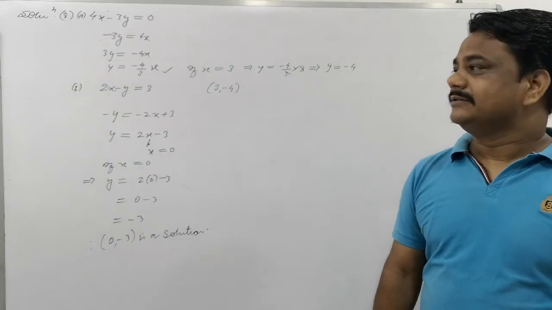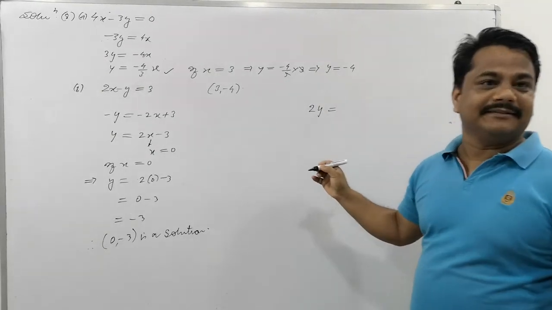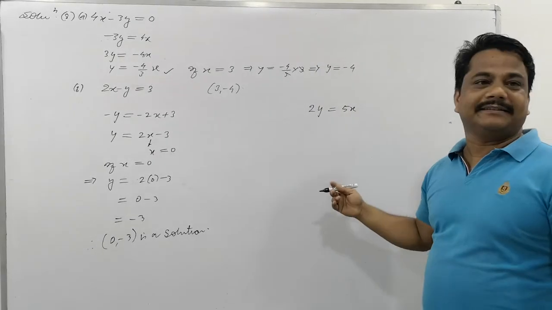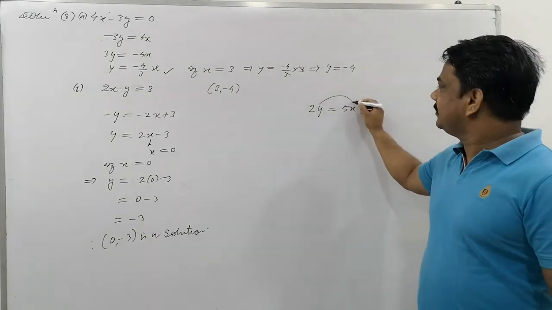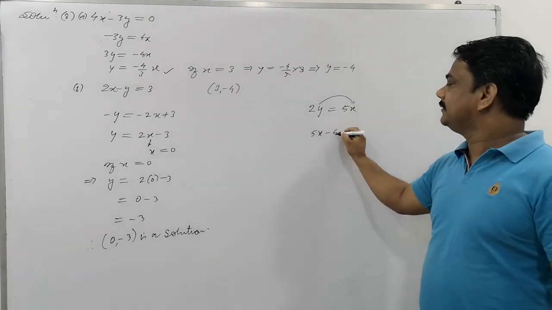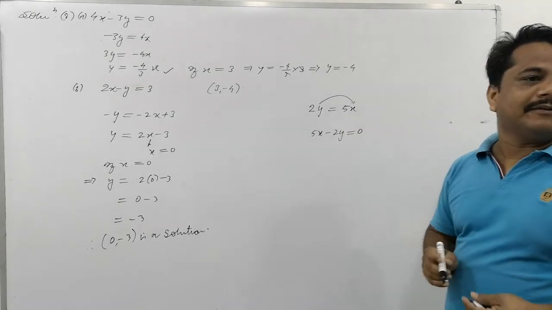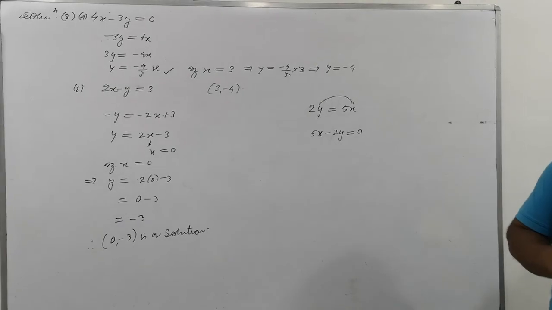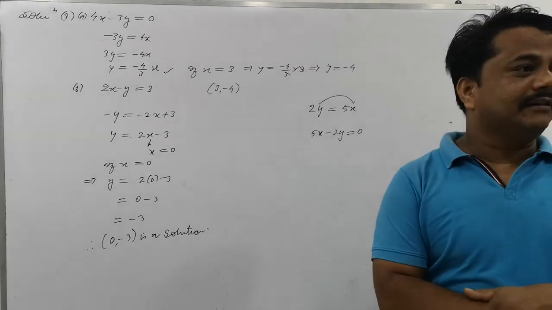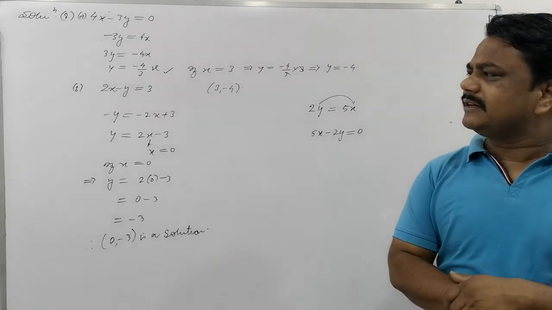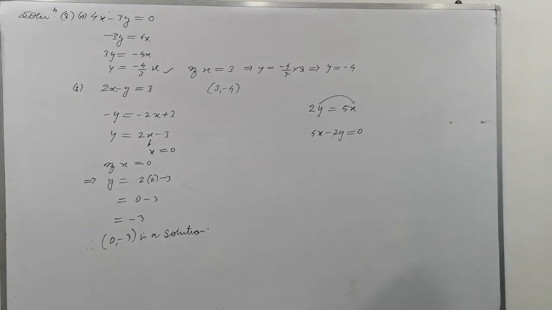Then what is the case? 2 pencils means 2y is equal to 5 erasers, 5x. Is this a standard form of equation? No. So 2y is to be transferred here. So it shall be 5x minus 2y is equal to 0. This is the standard form of the equation. The question asks to express the statement as a linear equation in 2 variables, and to show this on the graph. This task is for 2 marks.